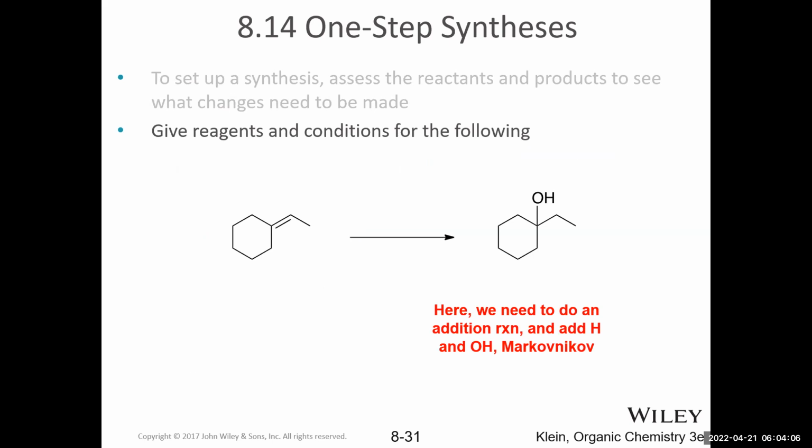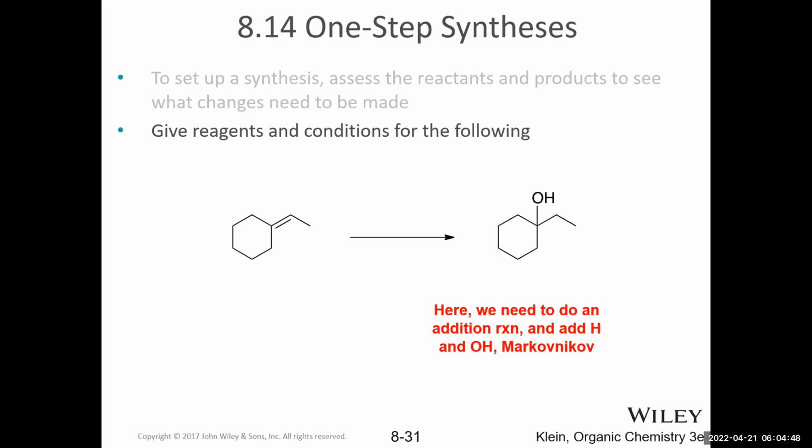Do we need one step or more than one step to convert this alkene to this alcohol? Notice that we are essentially doing an addition reaction. We are adding two groups across the double bond. We need to add a group to this carbon and add a group to this carbon. A hydrogen gets added on this carbon, and an OH gets added on the more substituted carbon. So overall, this is a hydration because one carbon is getting hydrogen, the other carbon is getting an OH group, which together is H2O. And this undergoes Markovnikov regioselectivity because the OH group is getting added at the more substituted carbon.